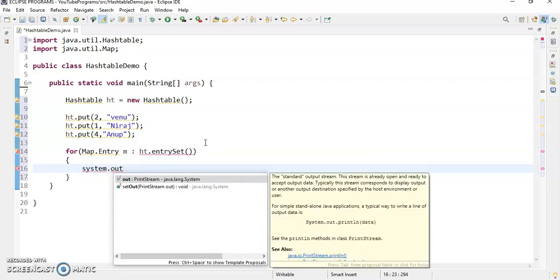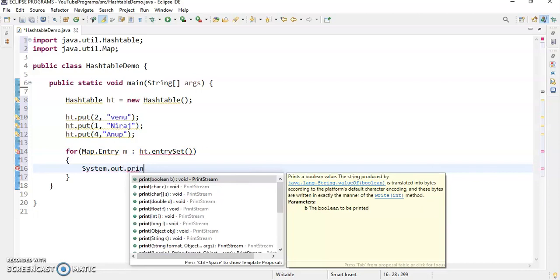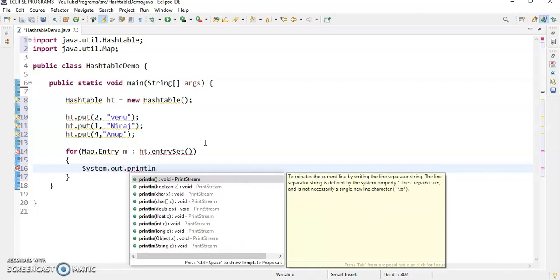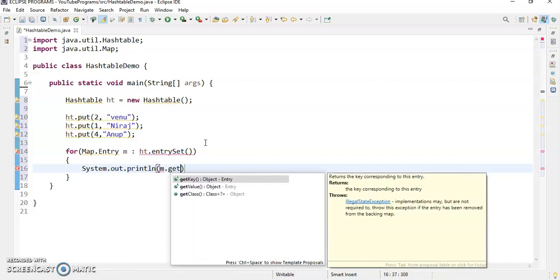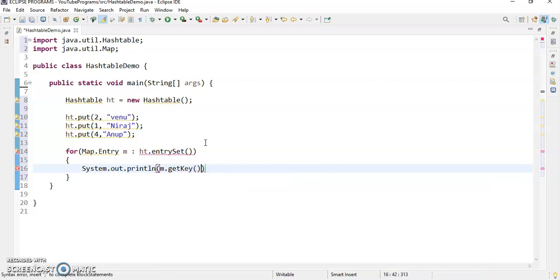Here I want to access the elements: System.out.println in the bracket m dot, now we can use getKey. getKey is the method which will return the key of that particular entry.